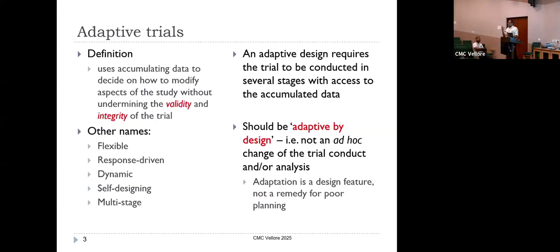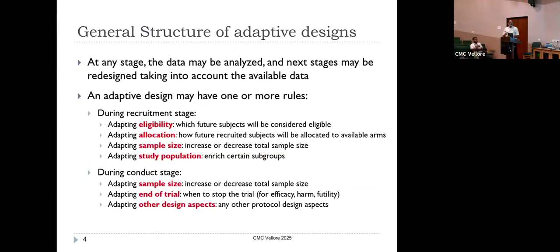Oh, I didn't plan my sample size correctly, so now I'm going to change it. Oh, I did not do randomization correctly, or the inclusion-exclusion criteria, so I'm going to change it. That kind of stuff. No, it's not, because you did not plan properly. Okay? So, the general structure of adaptive designs is that you have these stages, and at any stage, the data are